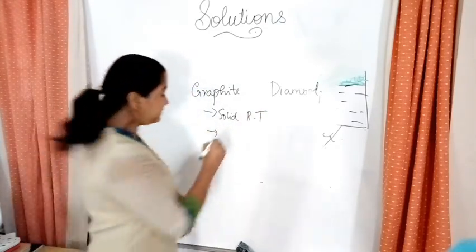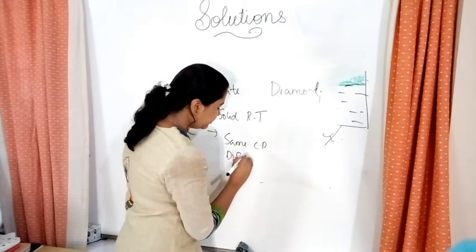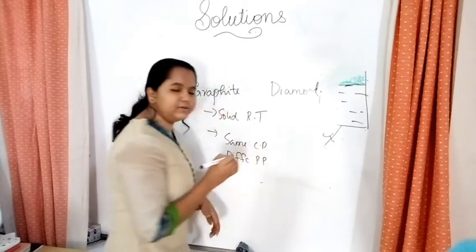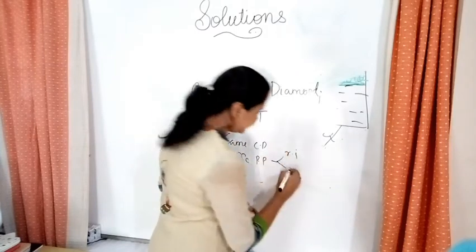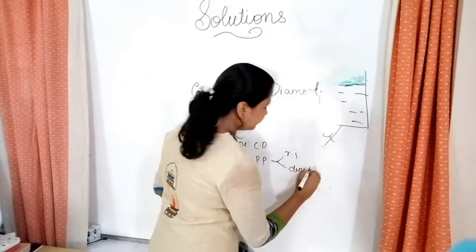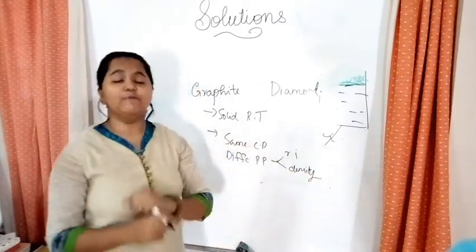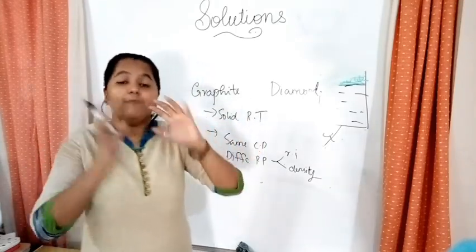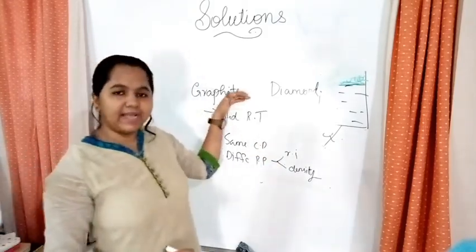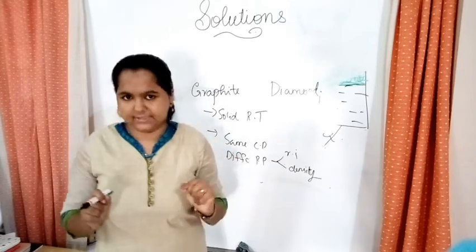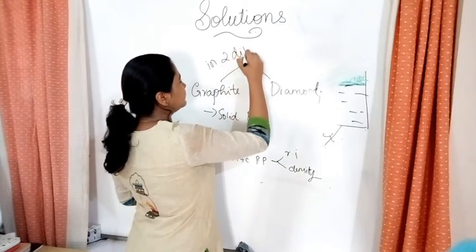Then what? They have the same chemical properties but different physical properties. What are the different physical properties? Refractive index. Then what? Density, etc. Okay. So that is to talk about graphite and diamond. I told you a phase is defined when there is a change in the physical properties. That means graphite and diamond are in two different phases.